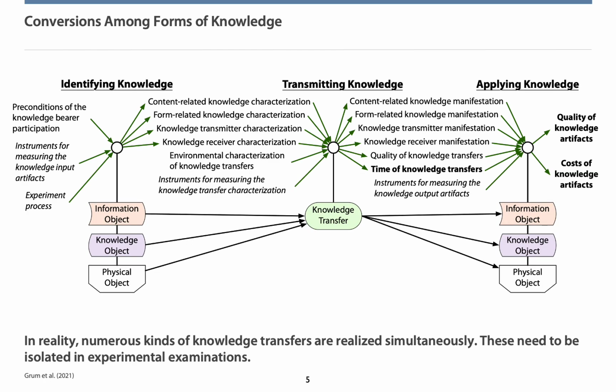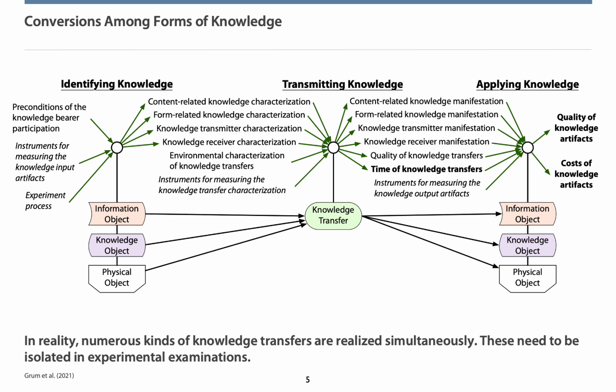But what is a knowledge transfer exactly? At the CIRC conference, we have discussed the following model. We are speaking about a kind of sequence in which 1. Knowledge needs to be identified at a certain knowledge source. 2. It needs to be transferred. And 3. It needs to be applied at the knowledge receiver. As an example, imagine reading a book. The book represents the knowledge source. Through the activity of reading, knowledge is transferred to a person. New knowledge is applied to the mental models of that person.